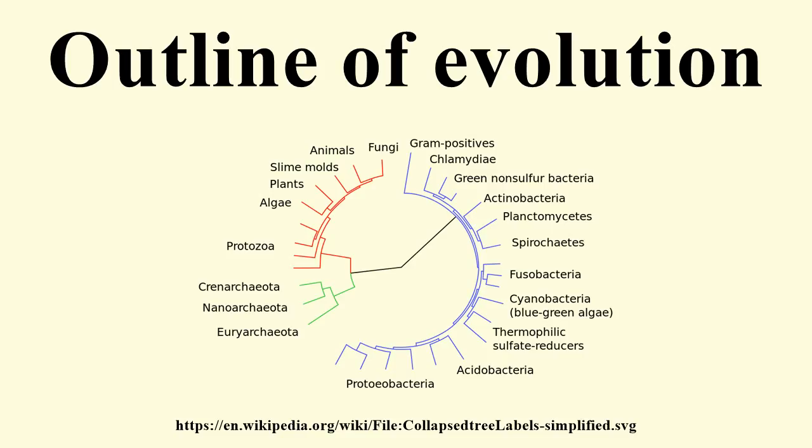Parapatric speciation: speciation that occurs in biological populations with adjacent, but not significantly overlapping ranges. Sympatric speciation: speciation that occurs in biological populations that inhabit the same geographic region. Artificial speciation. Animal husbandry: management and care of farm animals, typically involving selective breeding. Plant breeding: selective breeding of plants to produce desired characteristics. Genetic engineering: direct manipulation of an organism's genome using biotechnology.